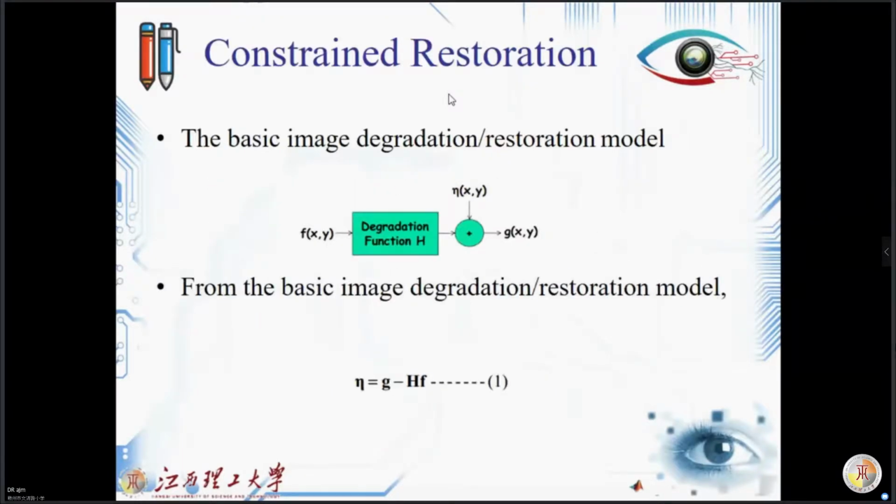That was unconstrained. But what about constrained restoration? Again, come back and see the degradation and restoration model. From that and from the basic image model, we can have again the eta of the J minus HF, as we showed in the formula here. Then